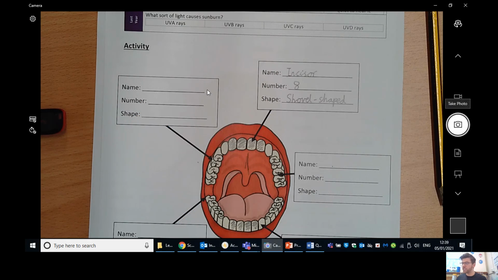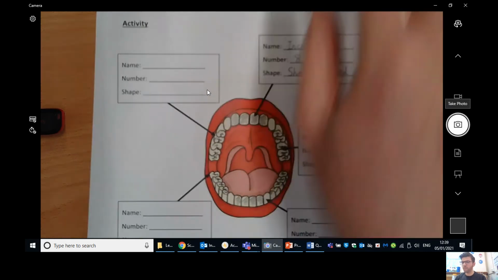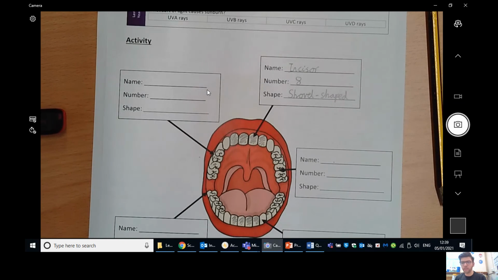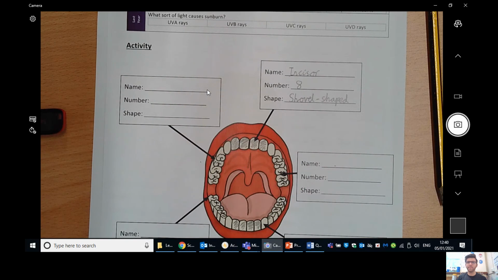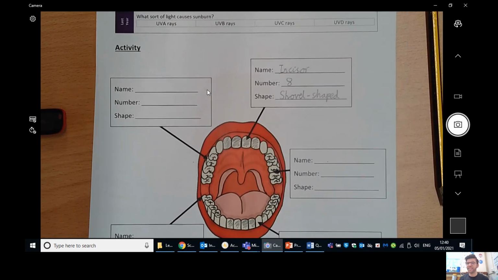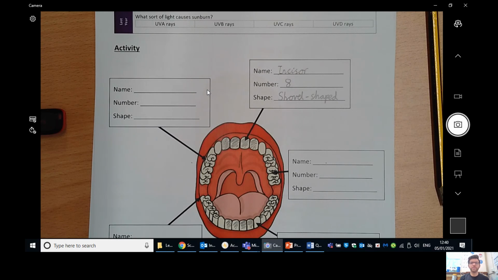So what I'd like you to do now is on the next part of the sheet, I'm not going to do this for you, this is all for you. Find which arrow is pointing at the canine teeth, and then can you fill in this section here? Okay, so can you pause your video, please, and complete the next section on the canine teeth. Okay, off you go. Okay, excellent. Hopefully you've finished that section now. So remind me again, we've got the incisors and we've got the canines.